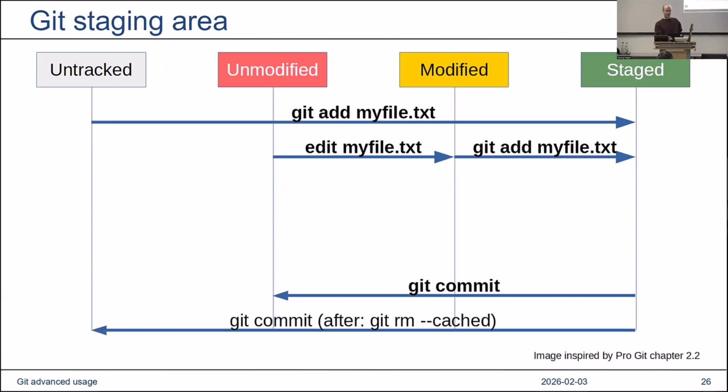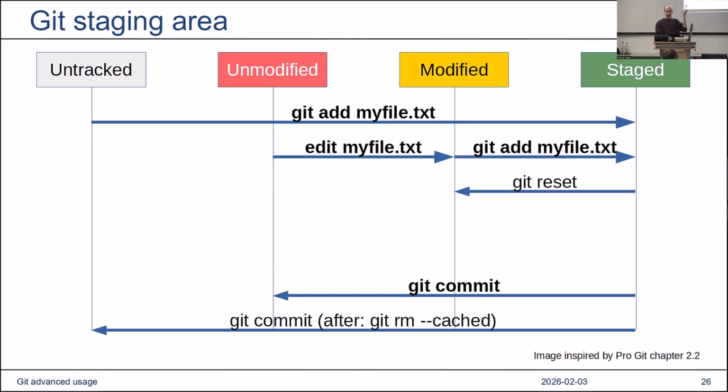Anyway, another special case is if you delete a file and you just say git rm --cached, which means retain the file in the file system, but please remove it from the history. Well, then you can actually have a situation where you'll move from the state staged to untracked, but that's a rather special case. Something more practical would be something like git reset, which you may or may not have used before, which basically means, well, discard everything in the staging, but leave the files otherwise unchanged, which makes them